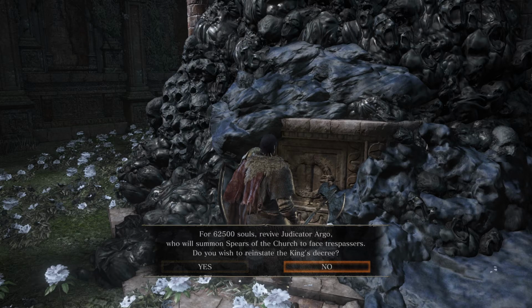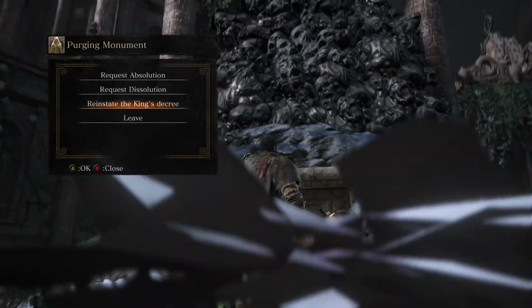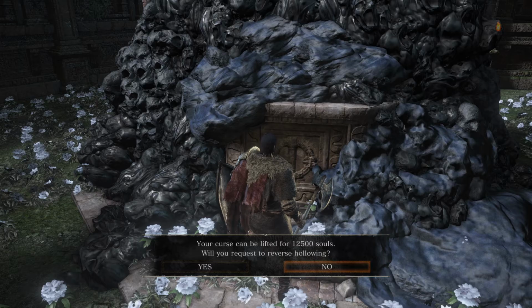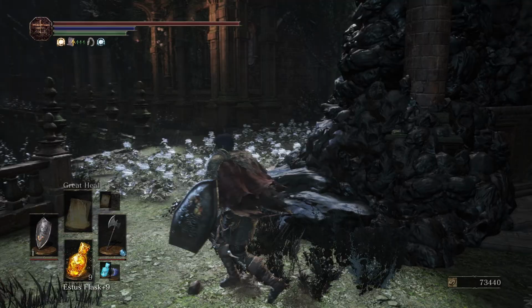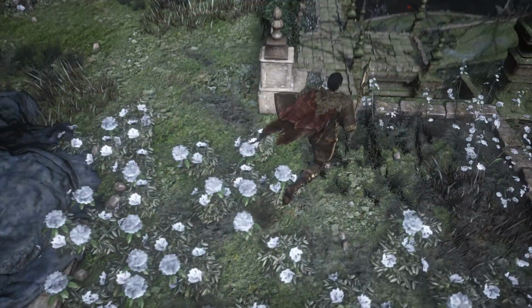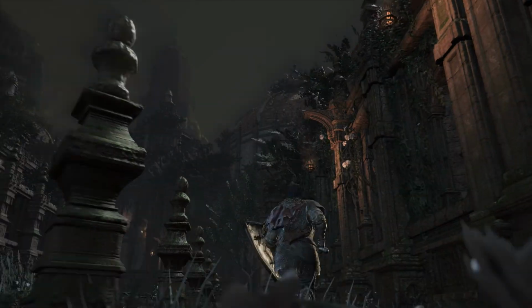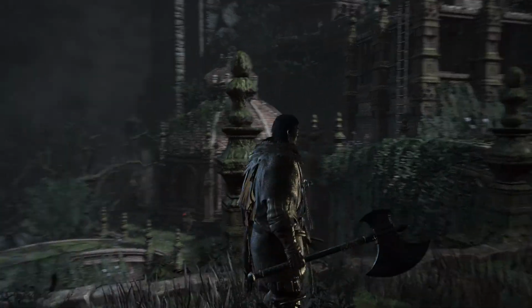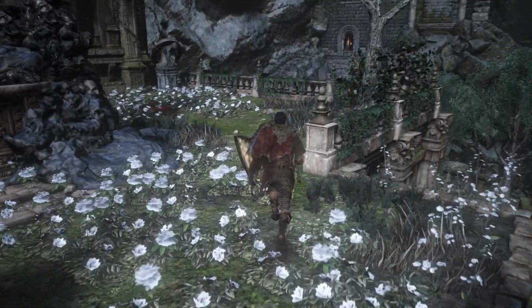So if you wanna fight the spear of the church again, you have to pay this much. I mean, that's a cool mechanic, I guess. But at the same time, why make it cost anything? Just getting here, I think, is price enough. Unless there's like a shortcut I can unlock to it. And I don't really see one. I mean, I guess you can probably just run through everything, but...